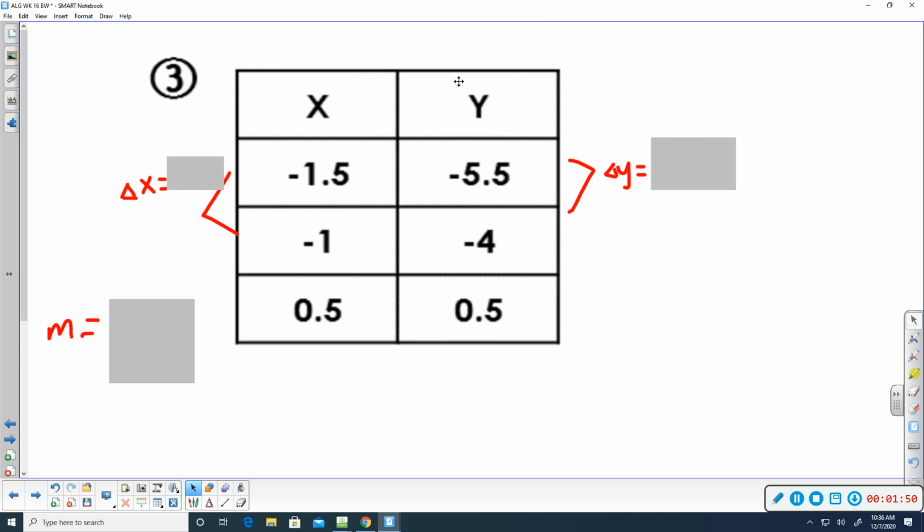And number 3, again, you want to find the change in y and the change in x. So to get from -5.5 to -4, the change in y is you add 1.5. So our change in y,